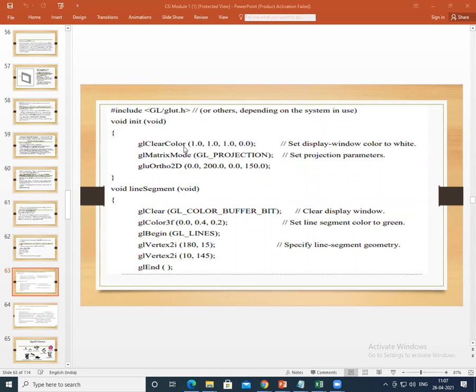Now you could see, GL/glut.h is a header file that we have included in the program. The primitives I had just explained, all these things we have put into a program.